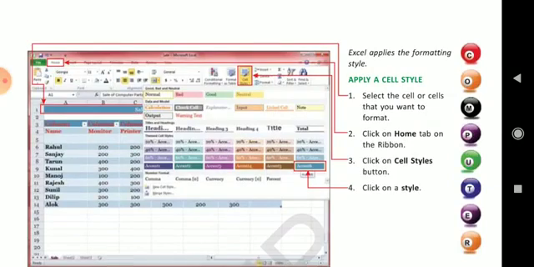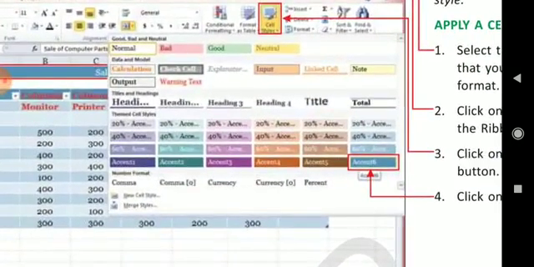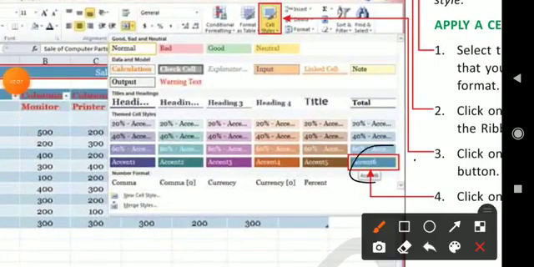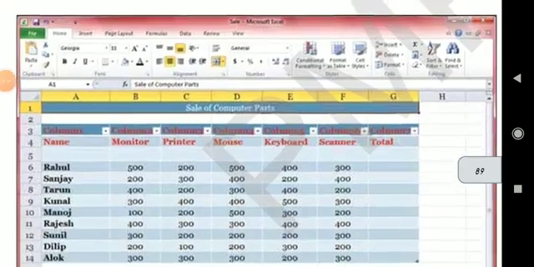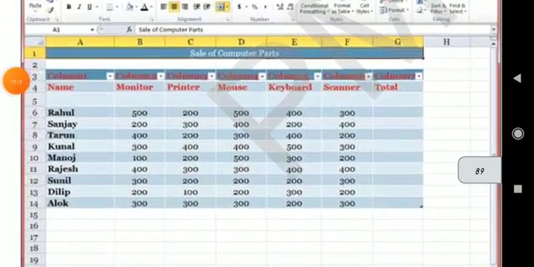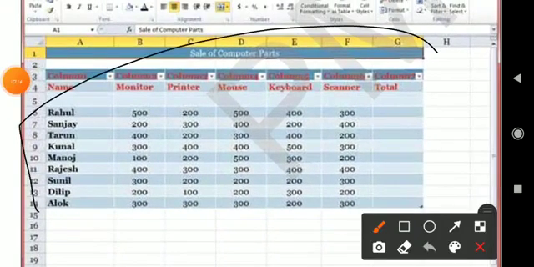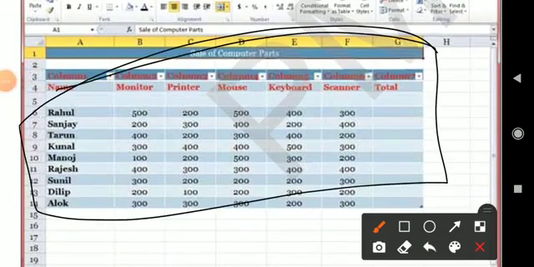Here it has been selected, this one. So you will see the effect of this in the next slide. See, here the changes have been made, the color also, and the format as table style. Clear?